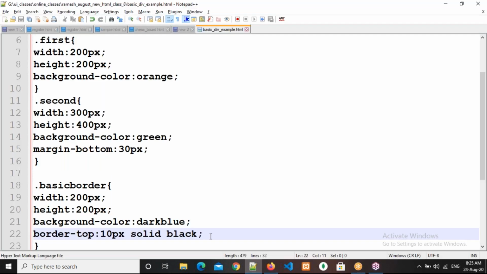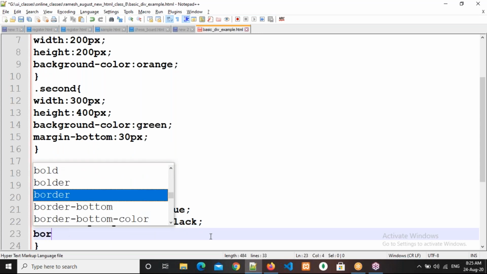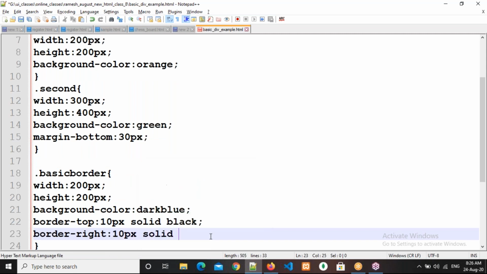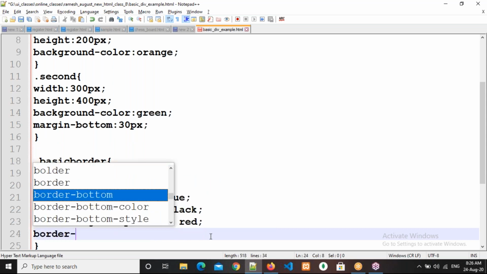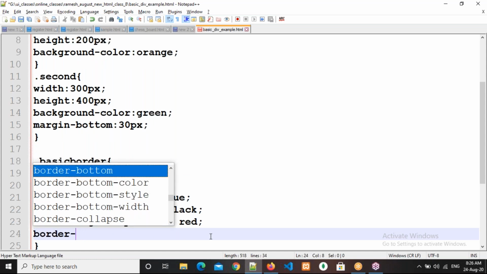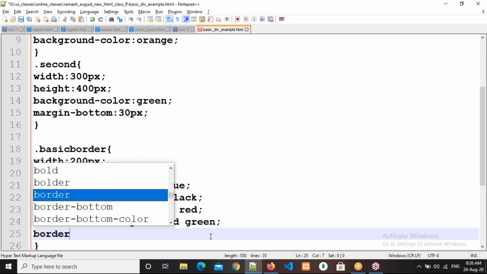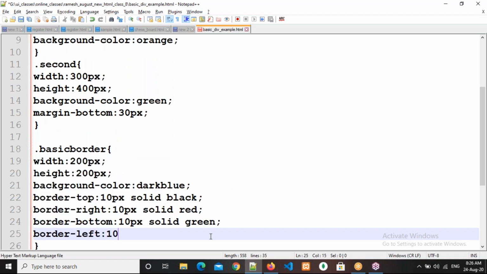Okay, right. Then here border-right, 10px solid red, border-bottom, 10px solid green, border-left, 10px solid orange.